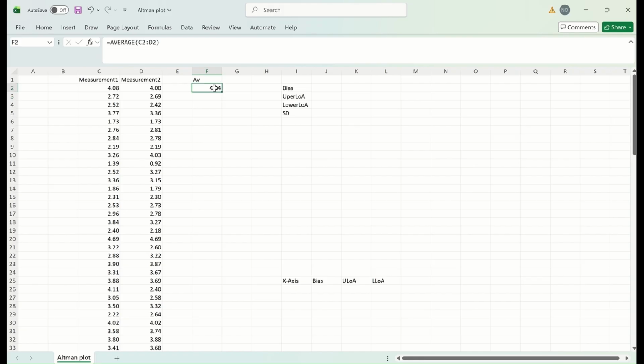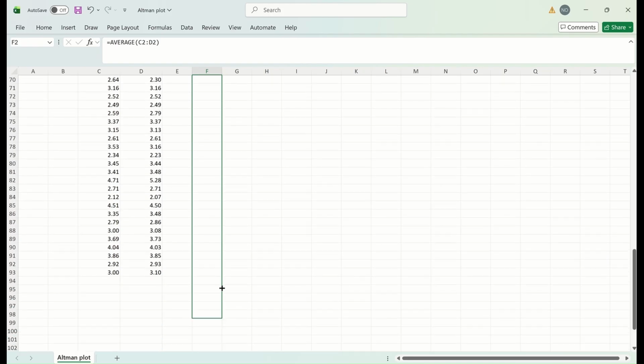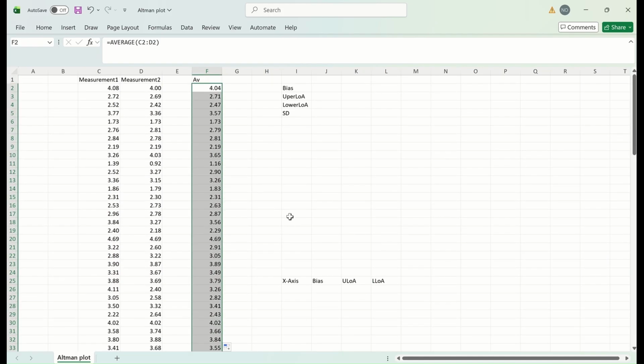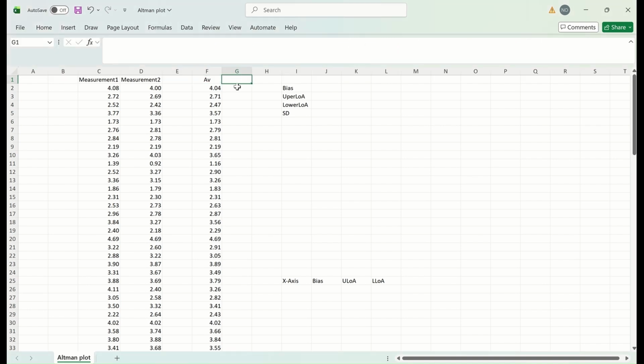To do the average for the rest of the scores, just select and then drag toward the end of the data here, and a new variable is generated, which is the variable for the average. Just to do some editing here, and then to generate the second variable for the difference, let's call it differences,